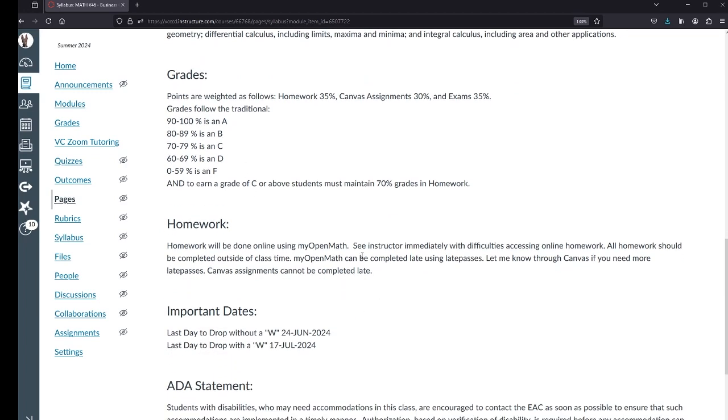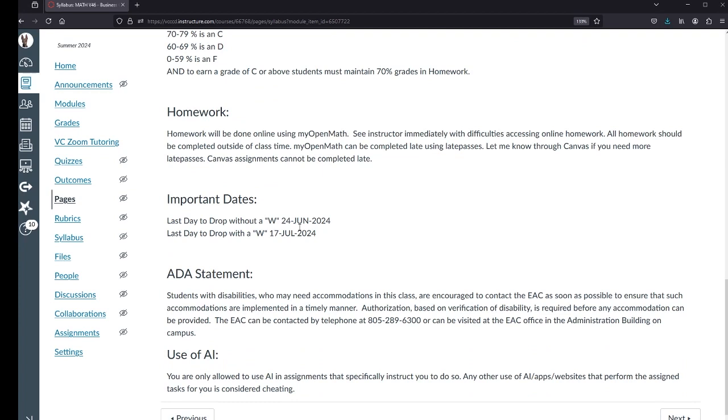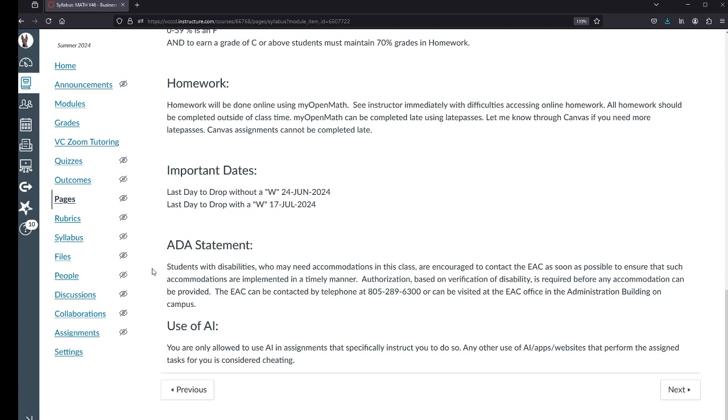Homework's an important one. There's a whole other page expanding on this, so we'll go over that in just a second. Here's some important dates for dropping. Not that I encourage you to drop, but as responsible students, you should always be aware of when those drop dates are so that you can make a good decision. The ADA statement, in case you need to contact the EAC, there is